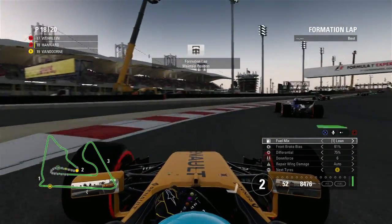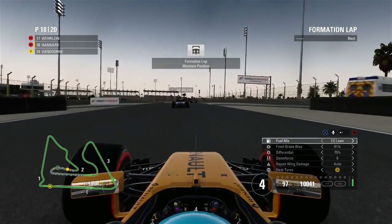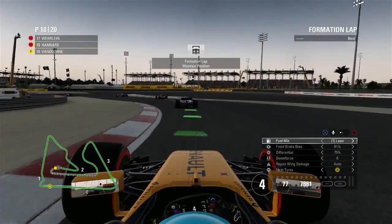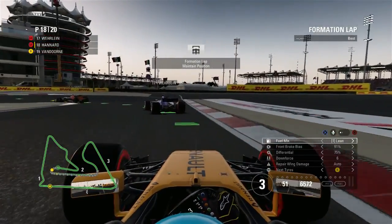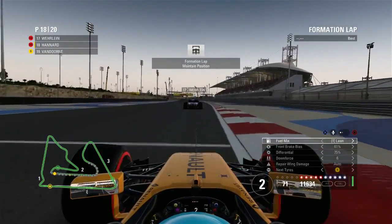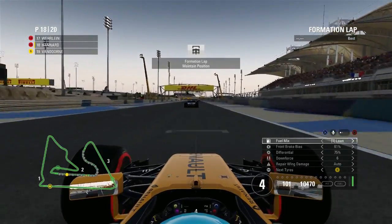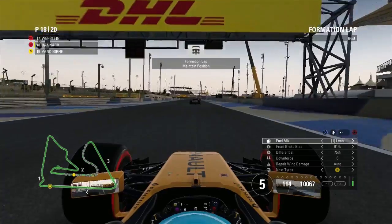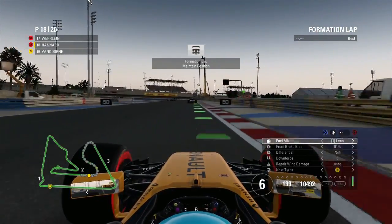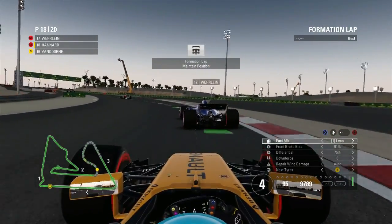But no, the Renault seems slow in a straight line. We went for a bit of a riskier setup in terms of lower downforce, just to try and get a little bit more on the straights. I've also upped the brake pressure to 85%, so that we can get down to a reasonable speed through the corners and brake very late. That's how I've made the time up this weekend, and it's certainly going to be an interesting race this weekend in Bahrain,